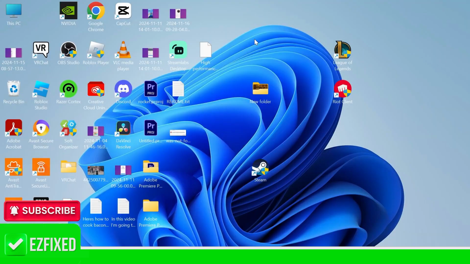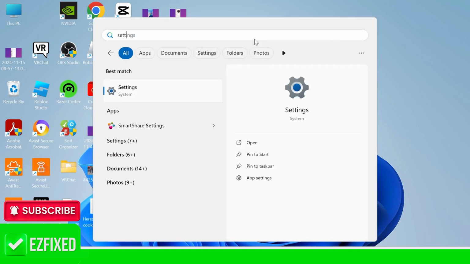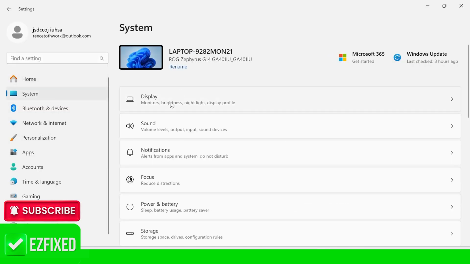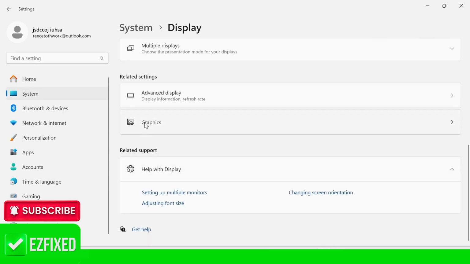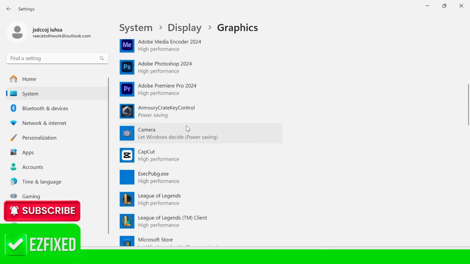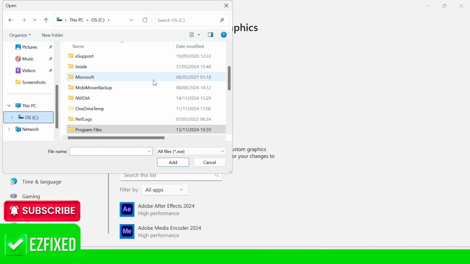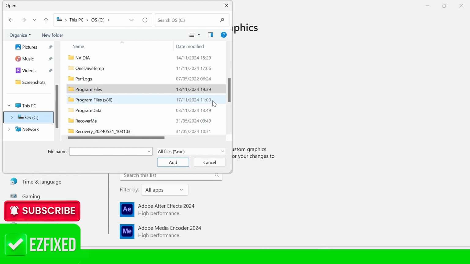Otherwise, the last thing you need to do is head over to your Start menu and search for Settings and click on the Settings window. From the left-hand side, select System, click on Display, and then scroll down and select Graphics. Now from here, you need to add OBS Studio to this list of applications, and you could do that by pressing the Browse button. Click on your C drive from the left-hand side, and you need to find where OBS